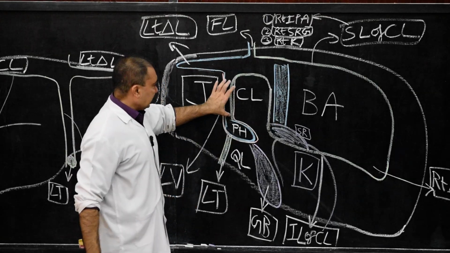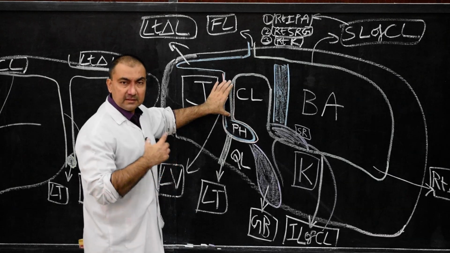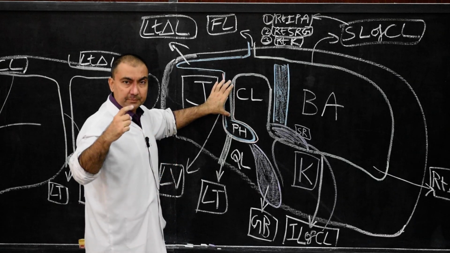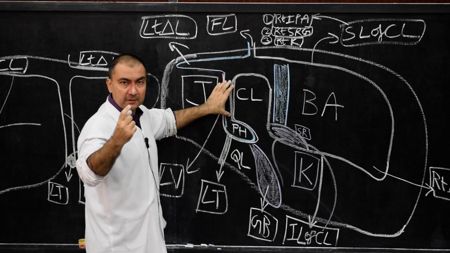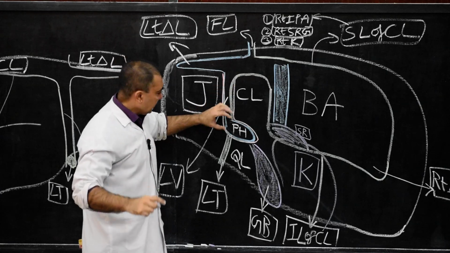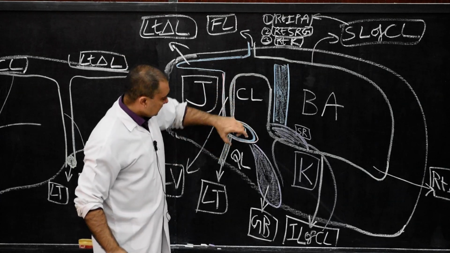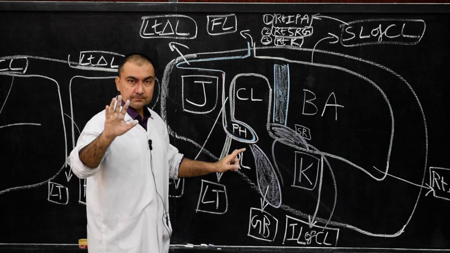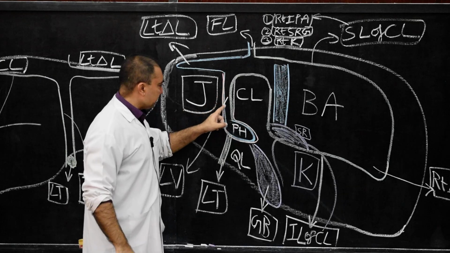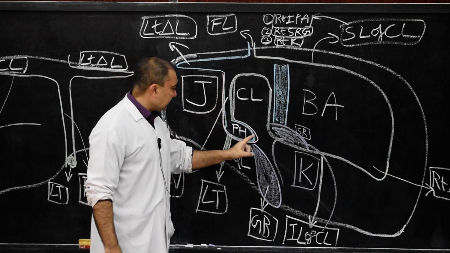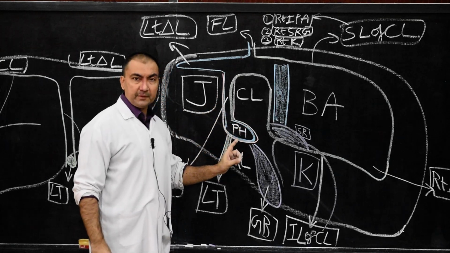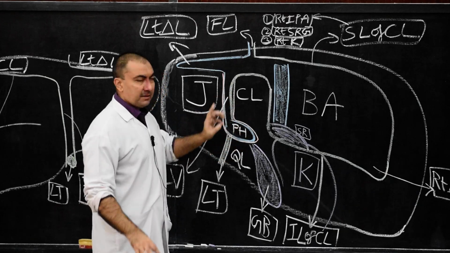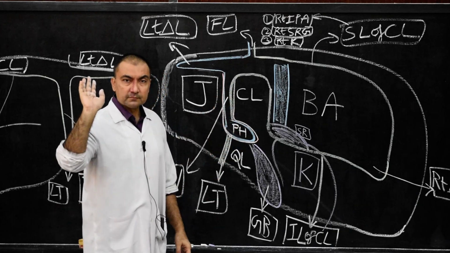The vertical limb of the J-shape, where my fingers are, is attached in the fissure for ligamentum venosum. And the horizontal limb will be attached to the margins of porta hepatis. Very simple. So vertical limb into the fissure for ligamentum venosum and horizontal limb into the margins of porta hepatis. So this attachment will be lesser omentum.